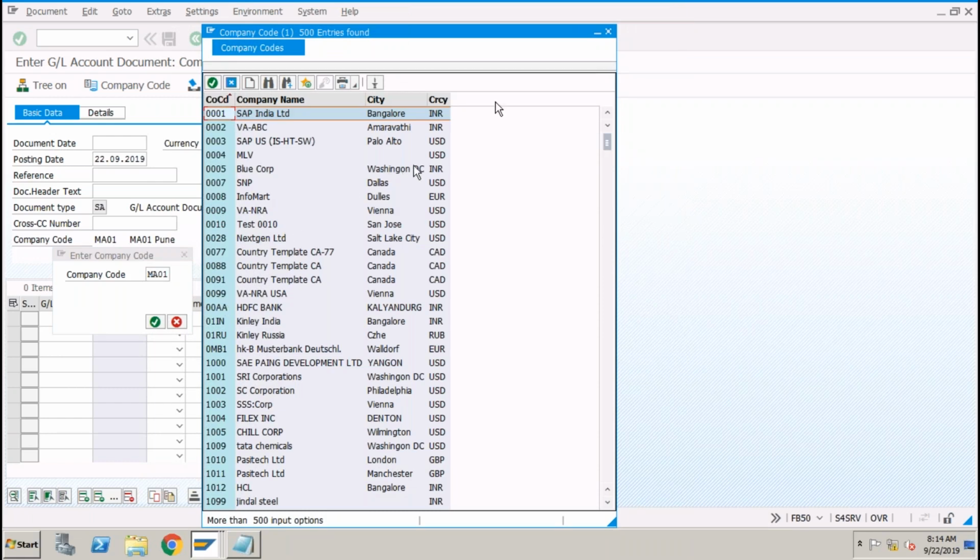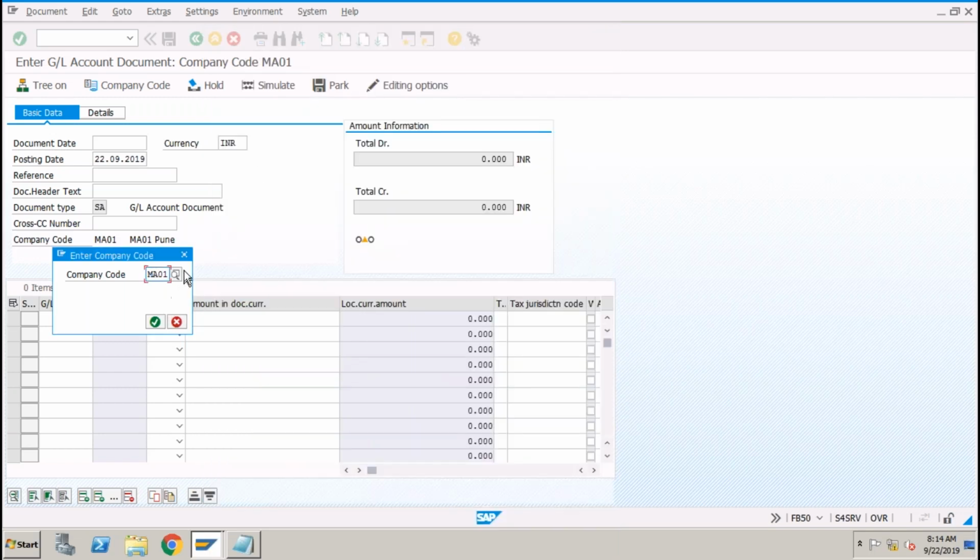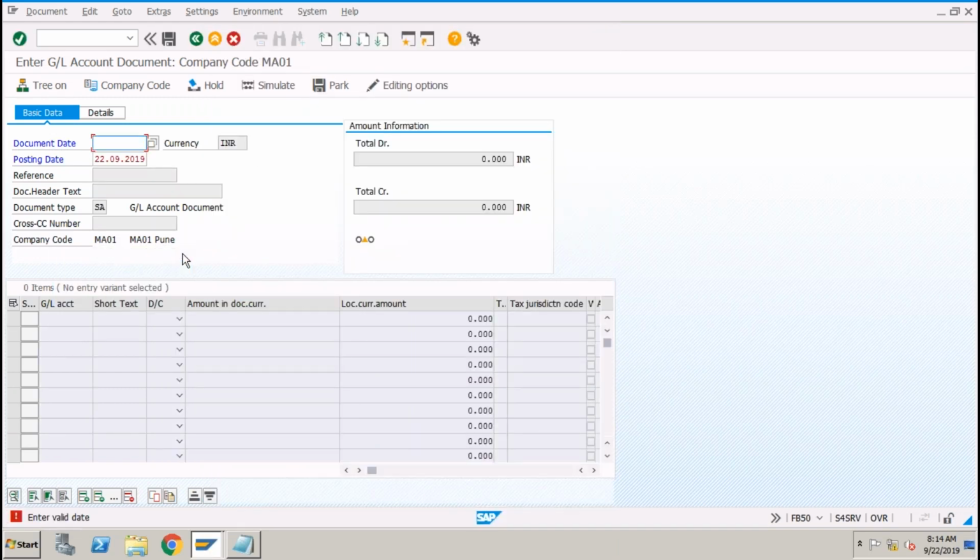Okay, at least this is a test system. There are a lot of companies which are already set up. But if you are talking about a new implementation, as I told you yesterday, you will only be able to see some company codes which are pre-delivered by SAP. Okay, so if you want to do the transactions for a particular company